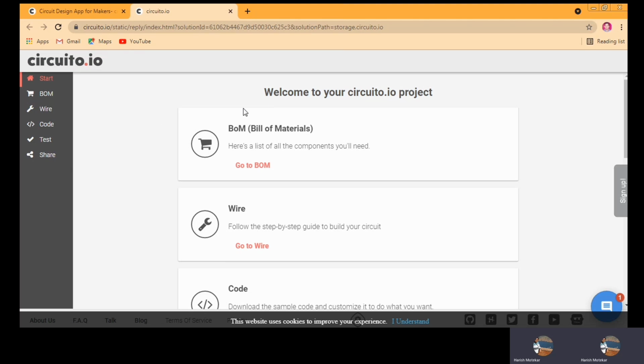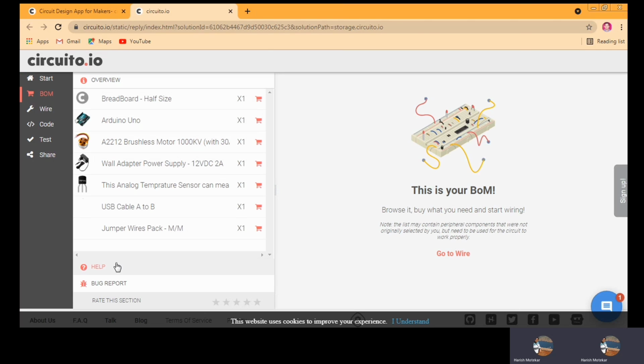So the project guide shows us the information about the whole project, like the bill of materials. Bill of materials means what components we need to purchase, and the bill of those components, meaning if you want to purchase these components, what will be the bill. For the bill of the components, you just need to click on this cart. So these components will be automatically added to your cart, and the bill will be generated.